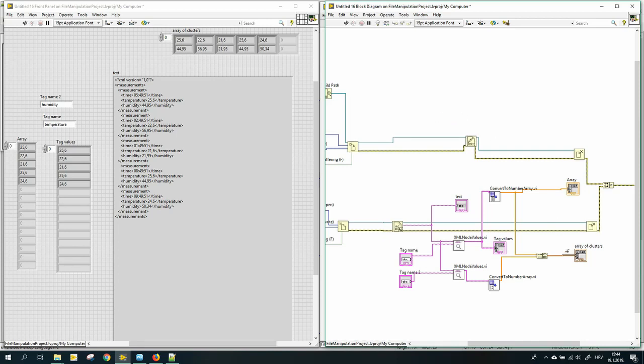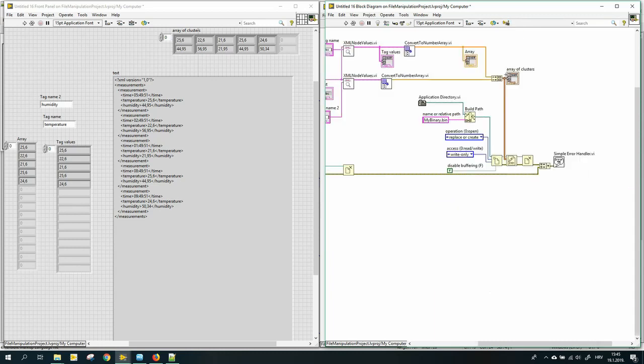So we can again improve our VI, so we can connect this array of clusters to the data input of our write to binary file, and with this we basically accomplished what we intended with this example. I will just press clean up diagram here before I run our VI. What we have here is basically